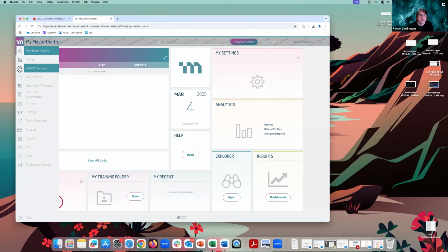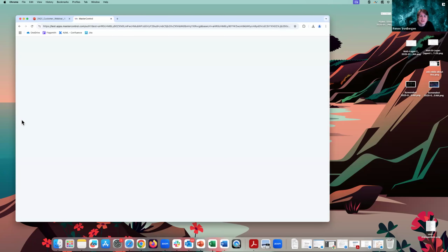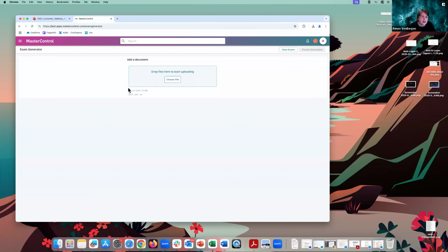And I am going here to either Translator, Summarizer, or Exam Generator. We just had some Exam Generator questions, so let me jump into that quickly. Off my screen, I don't think you can see this, but I'm going to drag in a very short made-up